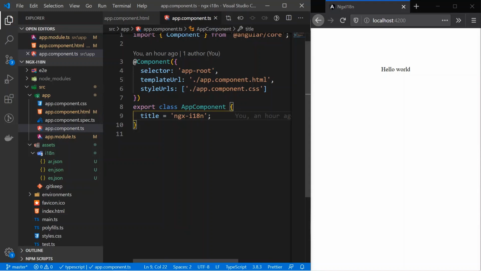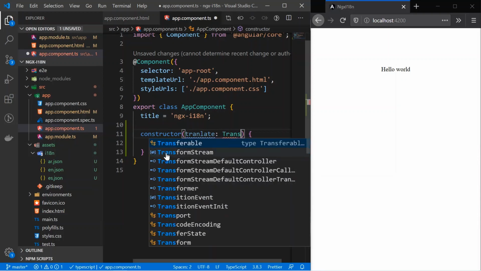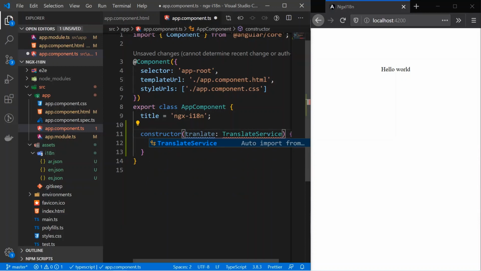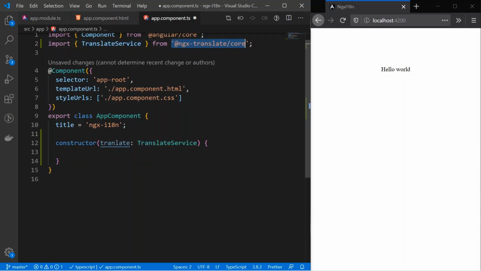Now inside your app component, we'll add how the language is going to be changed when this component is loaded. So let's create the constructor here, and here we will use the TranslateService given by this ngx-translate core.